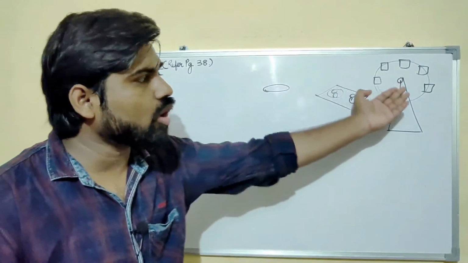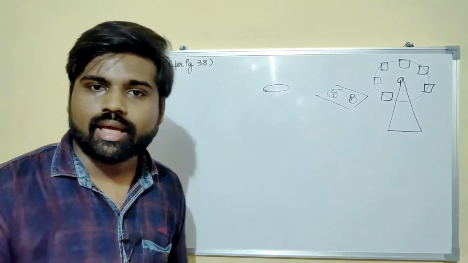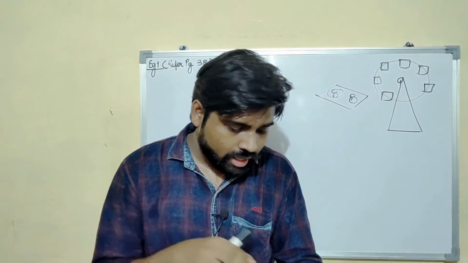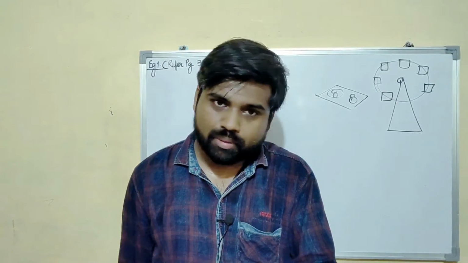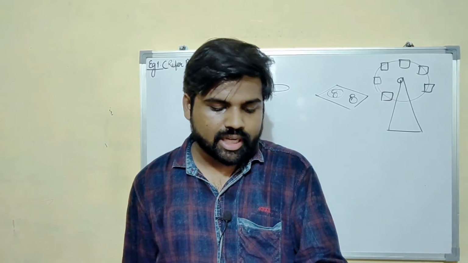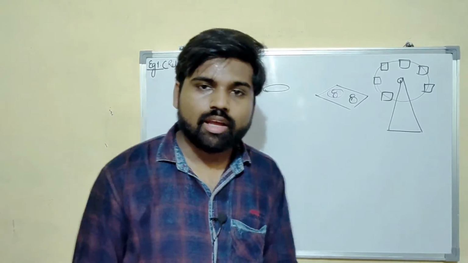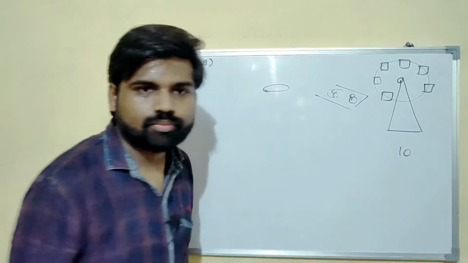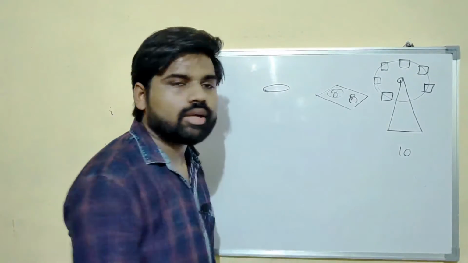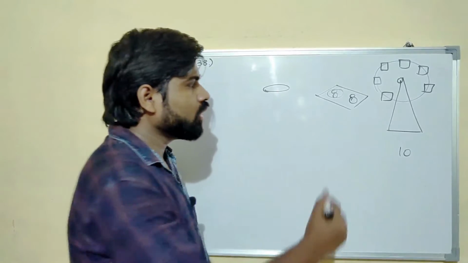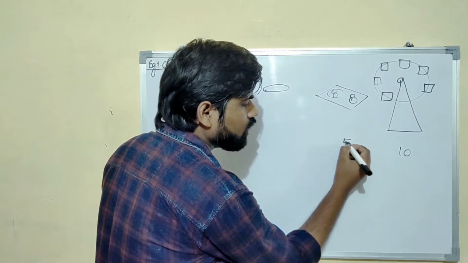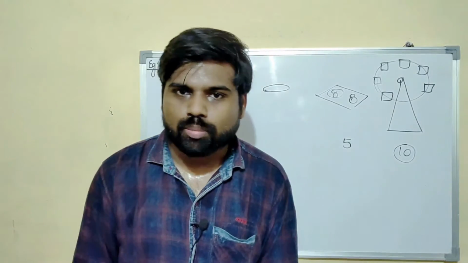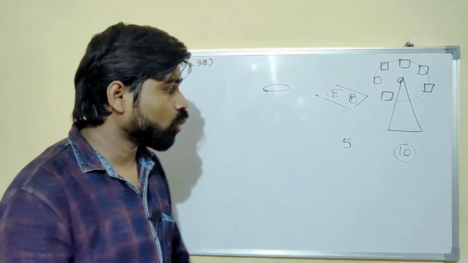Now she wants to ride on the giant wheel and she wants to play hoopla. They have given a situation that the number of times she played hoopla is half the number of rides she had on the giant wheel. If, for example, she had 10 rides on the giant wheel, then she will have half the number of the rides. That means 5. 5 times she will play hoopla. Did you understand that?